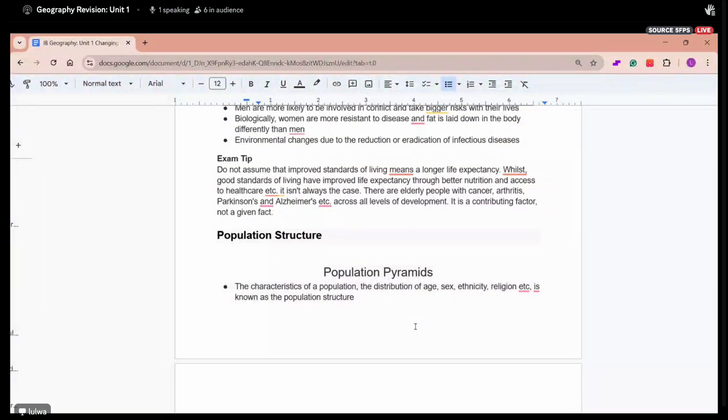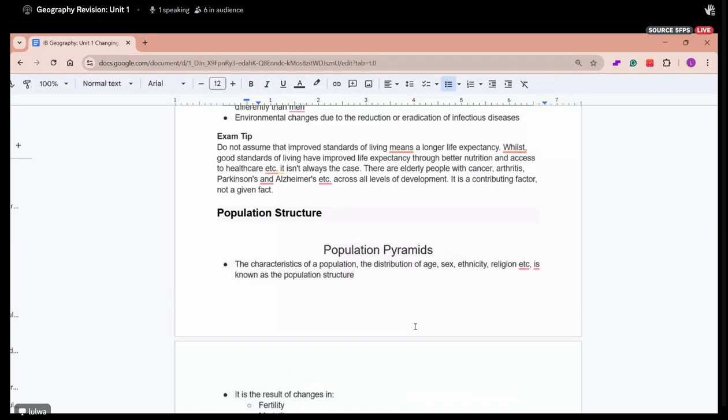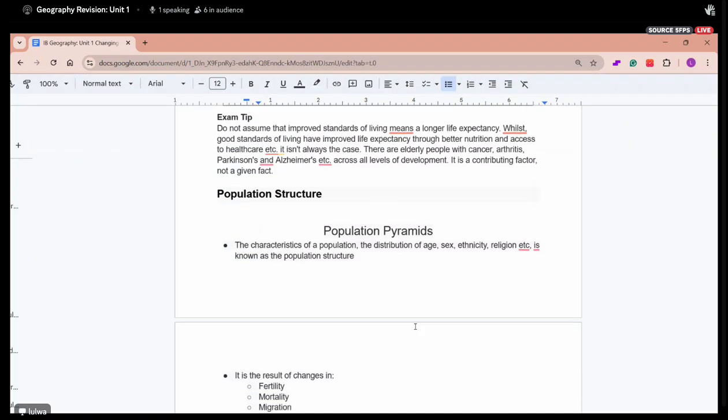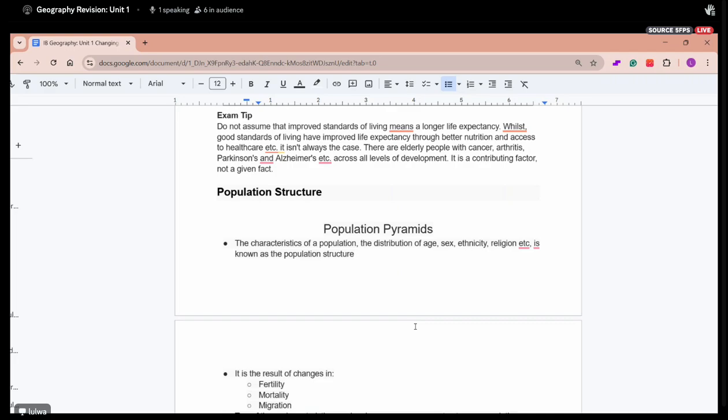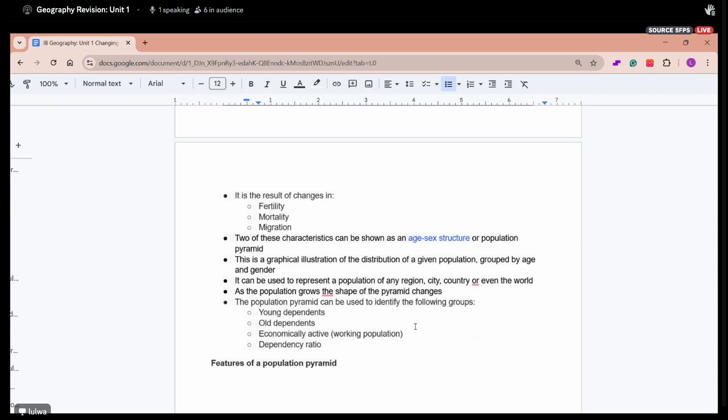So, population structure. Populations are structured and presented in different ways statistically. First you have population pyramids. This characterizes a population based on the distribution of age, sex, and so on. It is the result of the change in mortality, migration, and fertility. Those three impact the population,